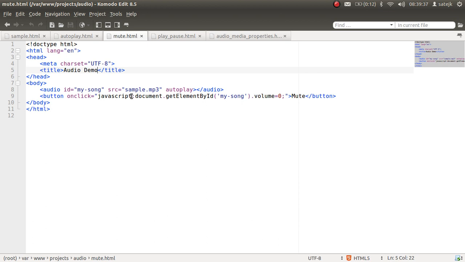That is, on click of the button we are accessing the mySound element, which is an audio element, and we will be accessing the volume attribute of the audio element through dot volume, and we'll be assigning it a value of 0. The volume attribute basically accepts a value between 0.0 to 1.0 at its maximum. So let us see its use.